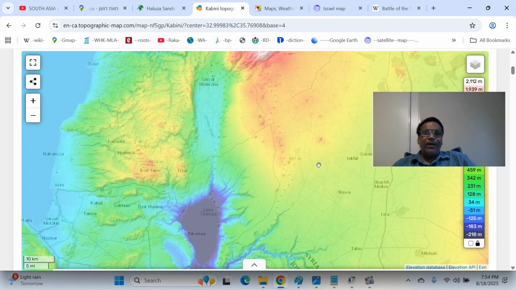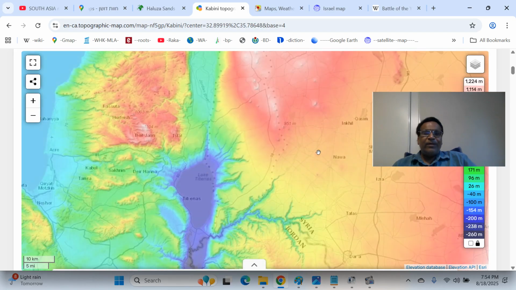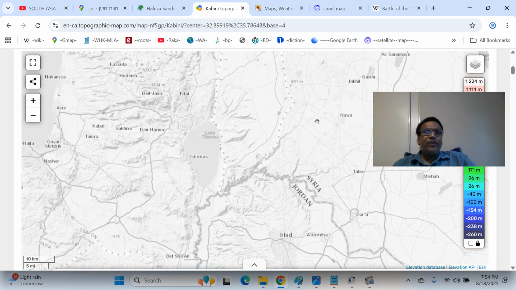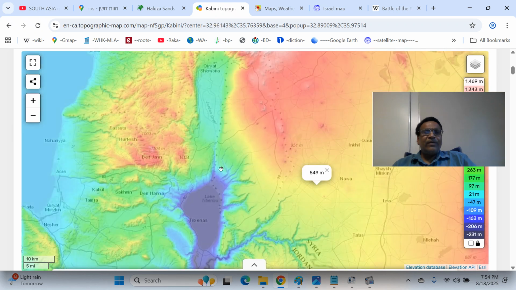So this is the Golan Heights here, Rukad River, and the Yarmouk River. Yarmouk River is the tributary of Jordan. So this is the Jordan River. This is the west bank. This is the east bank. Khorazim Plateau. You can see the plateau region. This is the basin. You can see the height is around 68 meters or so. Whereas in the Khorazim Plateau, it is a little higher. You can see 150 meters or so.